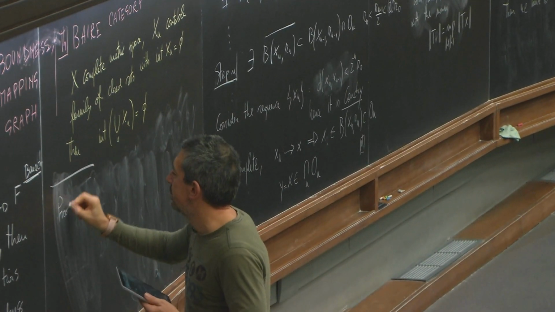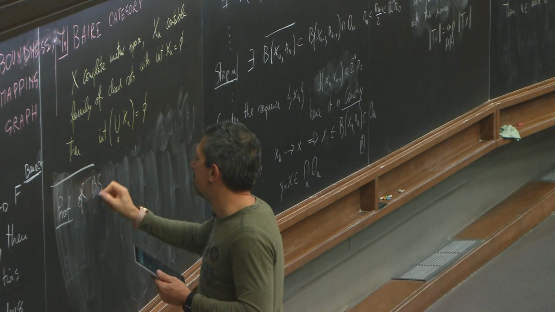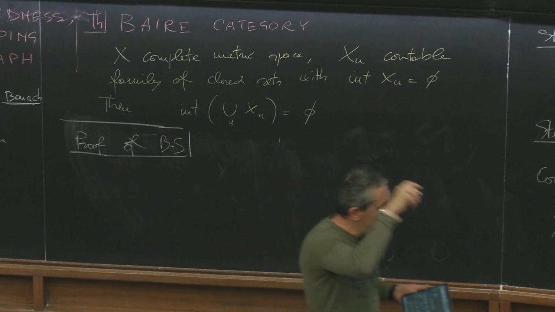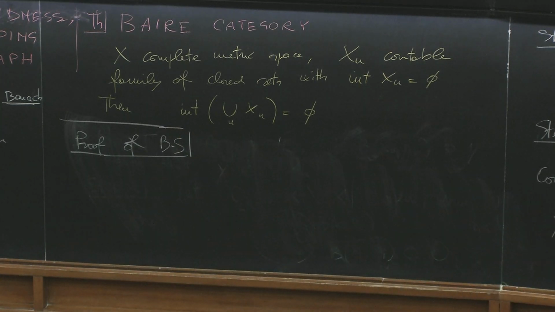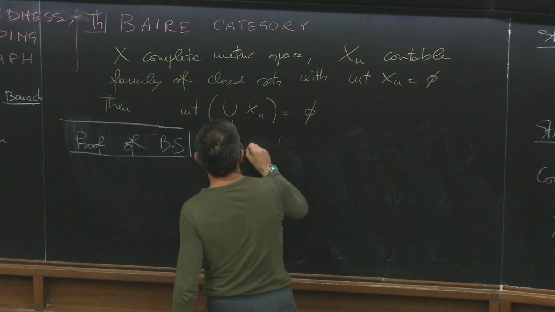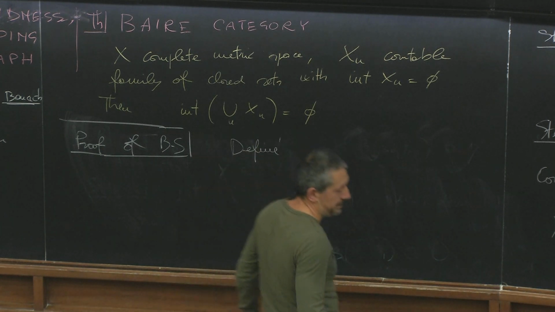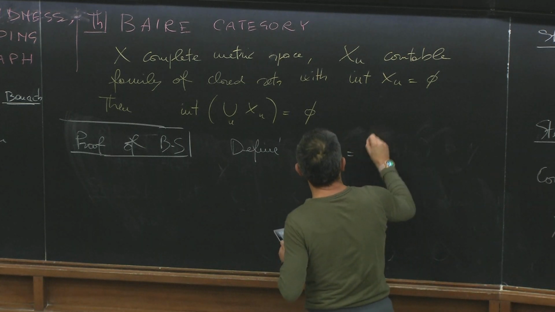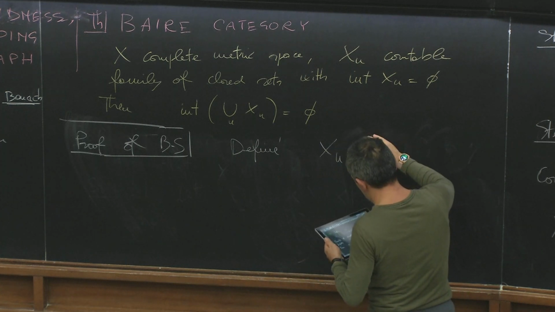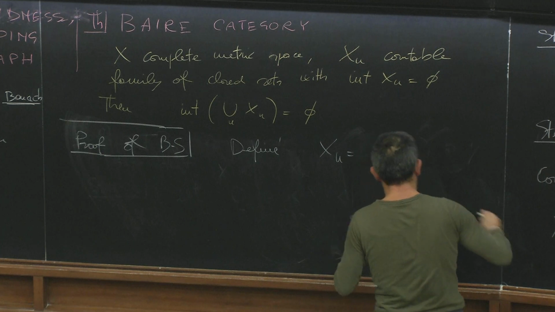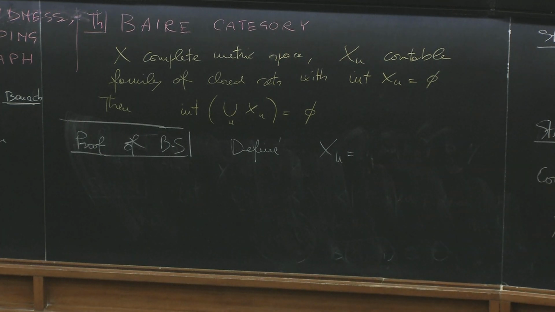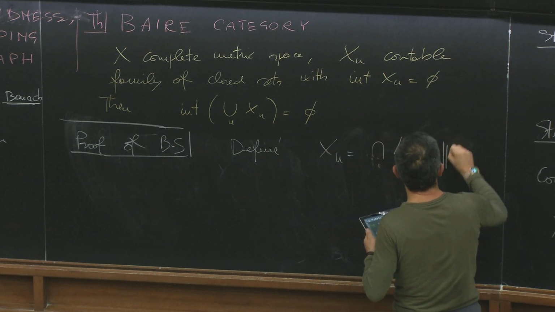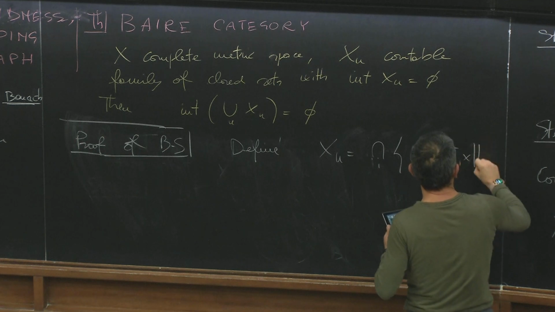So, proof of Banach-Steinhaus. Okay, so now we define some set. So define X_n equal to the set. Okay, so this is uniformly bounded, no? Which means that if I define as the point x such that the norm of T_i x is less than n,